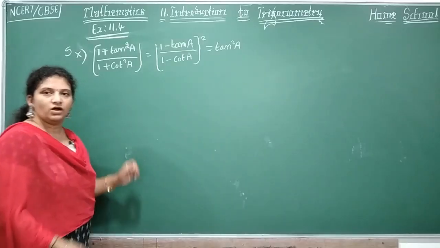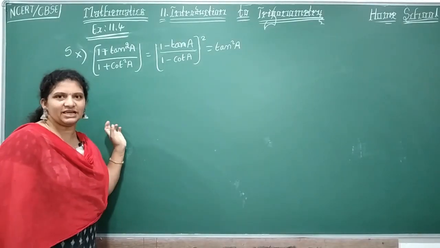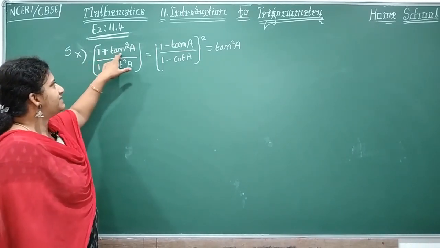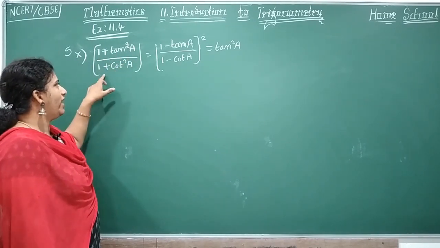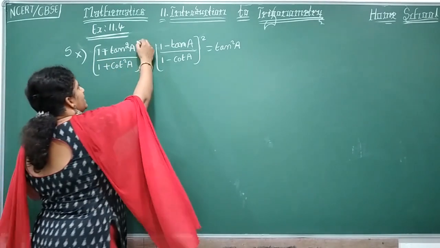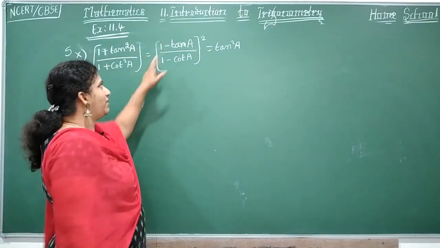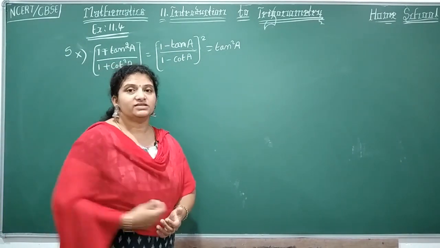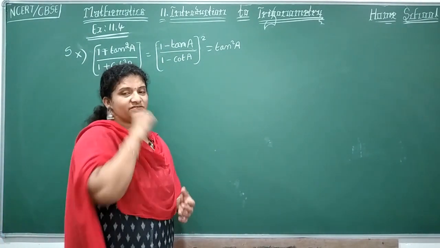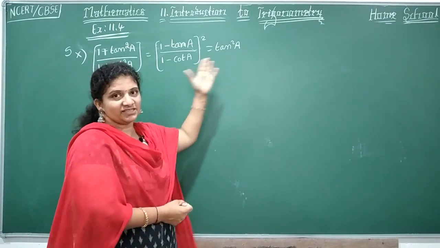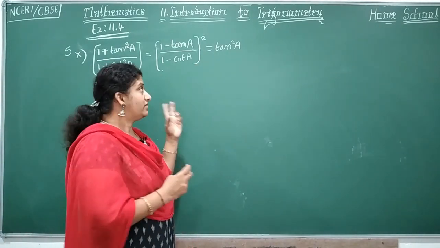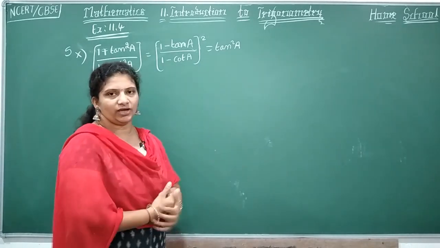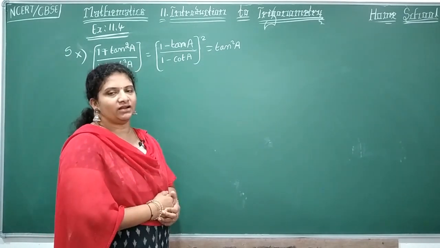Okay, so your last problem in this chapter and also in your exercise. Fifth main, 10th problem. 1 plus tan square A by 1 plus cot square A is equal to what? 1 minus tan A by 1 minus cot A whole square is equal to tan square A. See here, what is this? LHS, RHS we used to do. Then this is LHS, RHS and this is any middle one? Yes, 3 sets we have. So what to do, how to do? Each one we are going to consider separately and then we try to solve.